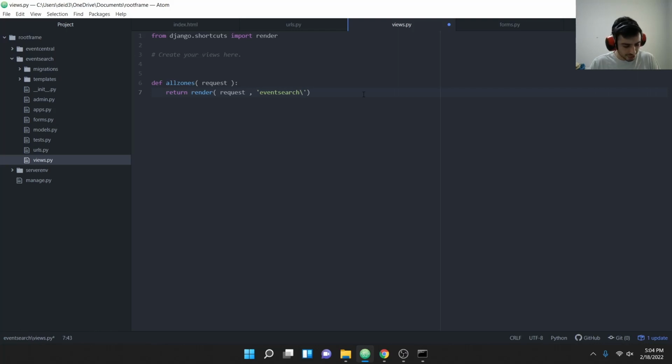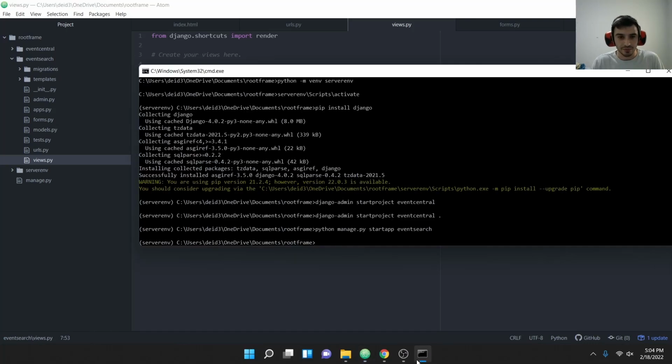Event search slash index.html. Okay, so we're going to go ahead and do that. Now let's go ahead and run our server and just make sure everything is working out. Okay, so we're going to do python manage.py runserver,